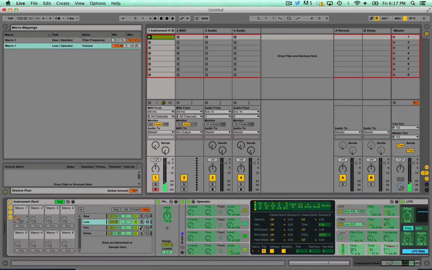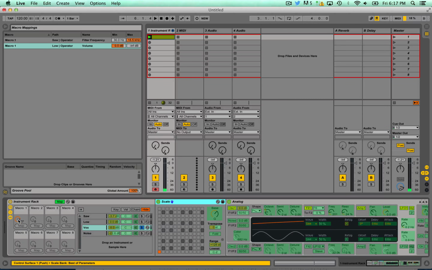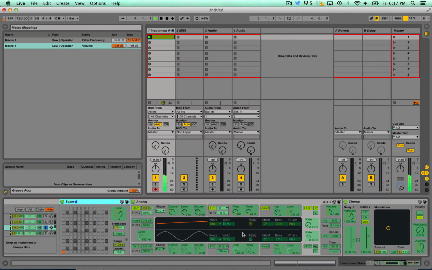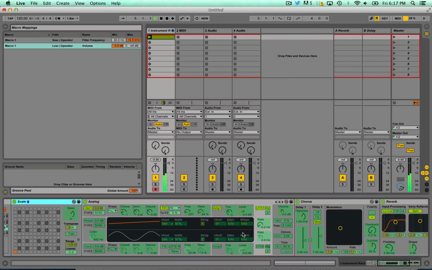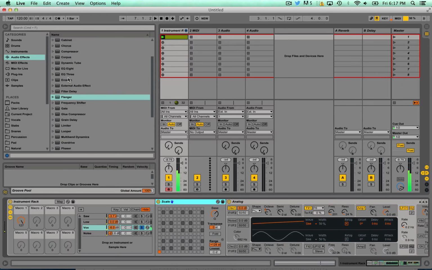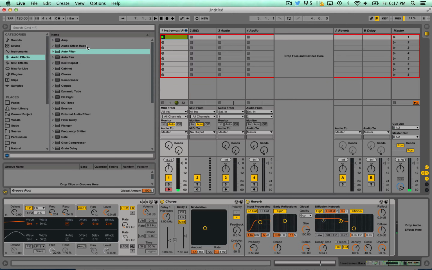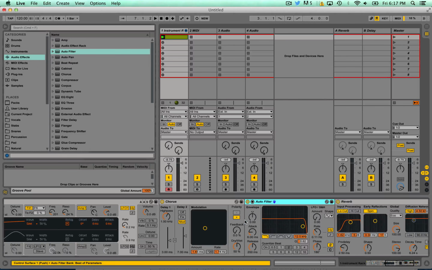Sounds good. Now let's move over to our vocals thing. What do we got? What can we do with this? I think the simplest way for this is to just add another filter after it. So let's throw an auto filter on. We'll put it here before the reverb, so if there's a quick sweep of the knob, it'll still have that nice reverb. Turn the auto filter onto a high pass,